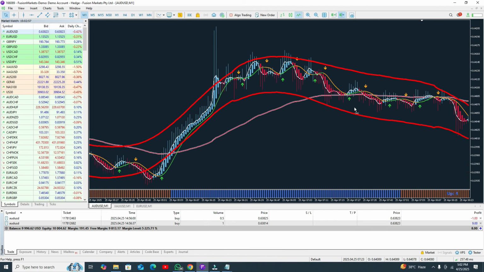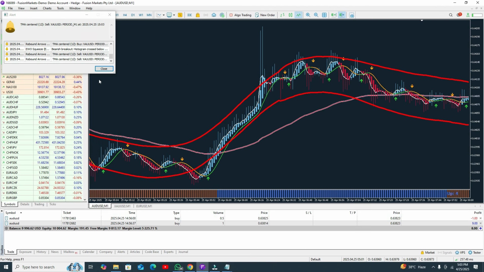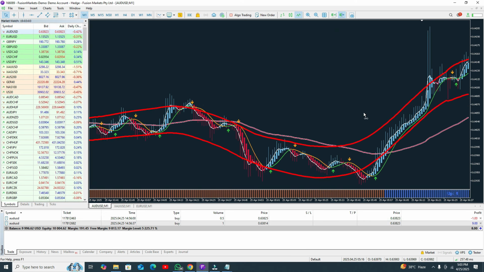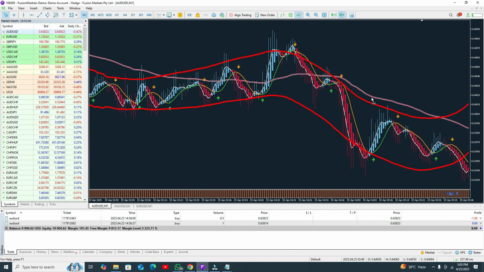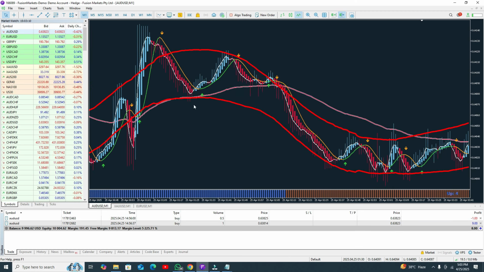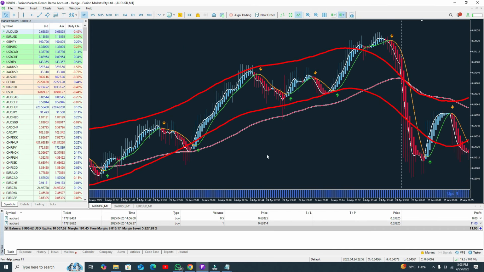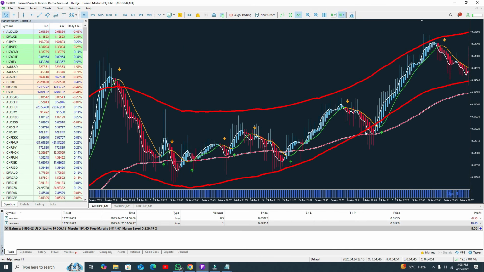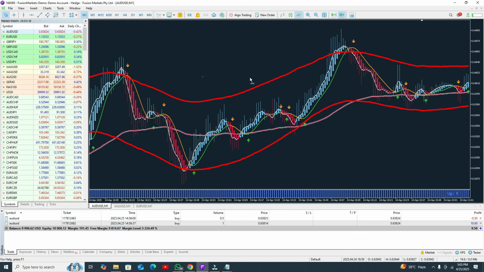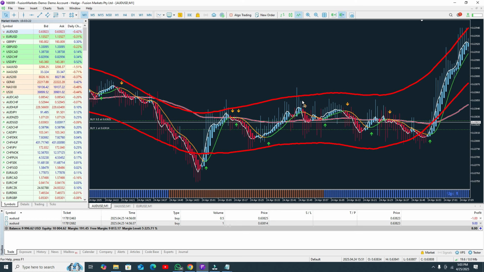We are waiting for the buy position. Yes, we got the position, and you can see you got some good profit here. Now again a sell position, that one. Here you can see the sell position, and that is your buy position. You can see how amazingly this indicator is giving you profits. Here you can see, amazing, amazing.